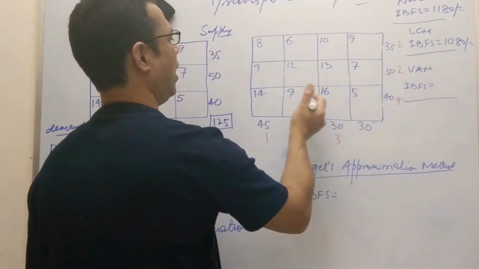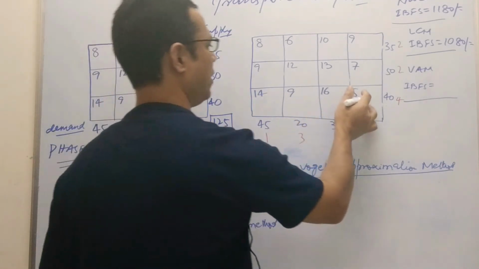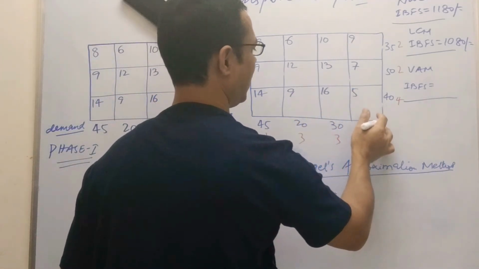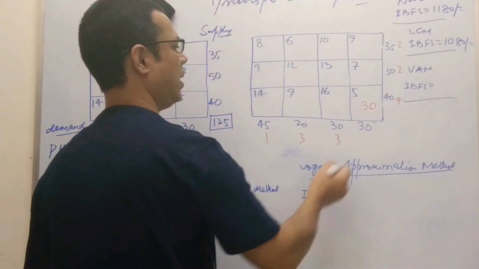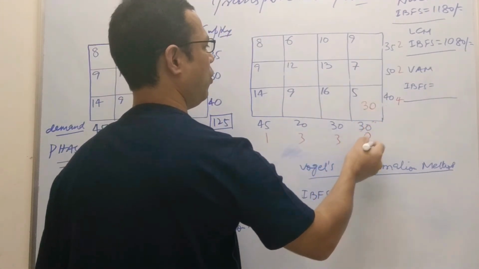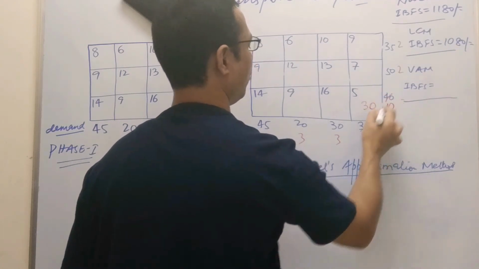In this row, first we need to check which one is going to give you the least per unit cost. So 5 is the least per unit cost. So we will move here, 30 and 40. So 30 is the least. It will shift here. Now it is going to become 0 and here it will be 10 now.